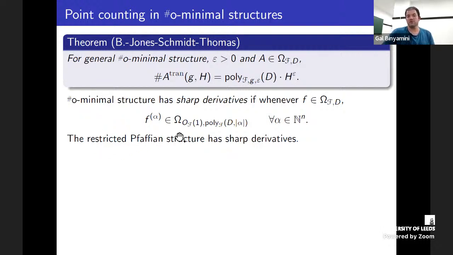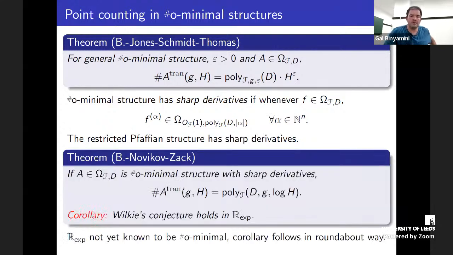But as I said, for example, the restricted Pfaffian structure does have this property, exactly because all your functions are basically defined in terms of some differential equations. And then the recent theorem that I proved with Novikov and Zack is that if you have a sharply o-minimal structure with sharp derivatives, then you get this polylog count. So the number of GH points is some polynomial depending only on the format of the set. And it grows polynomially with the degree of the set, with the degree of the points, and with the log height. Okay, so this is some strengthening of the Wilkie conjecture, with a small caveat